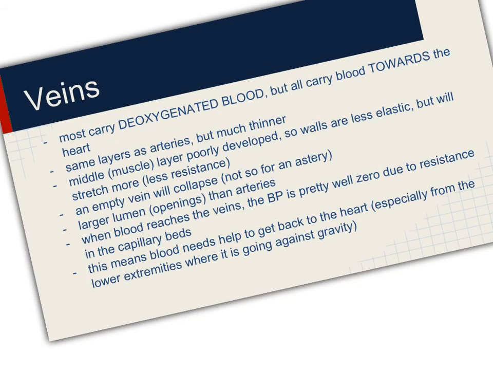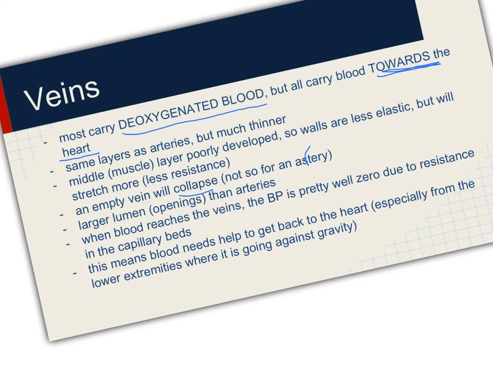Our veins. Most carry deoxygenated blood, but they all carry blood towards the heart. They have the same layers as arteries, however, they're much thinner. The middle muscle layer is poorly developed, so walls are less elastic, but will stretch more, with less resistance. An empty vein will collapse, which is not so for an artery. Larger lumen openings